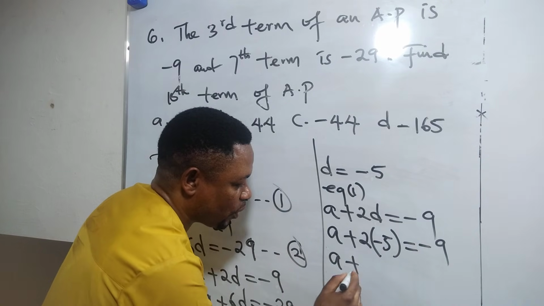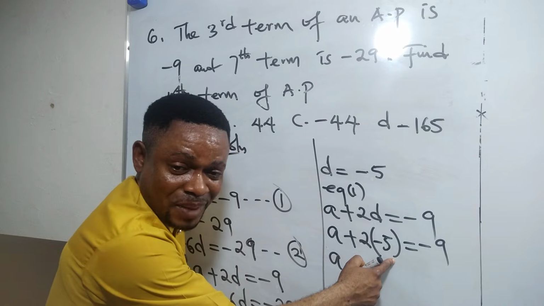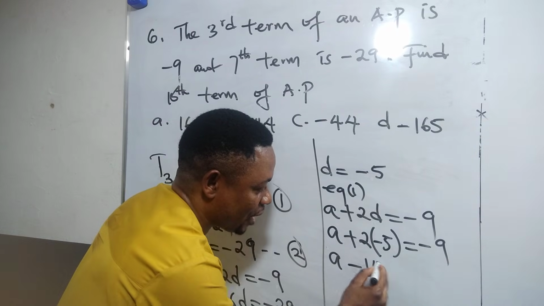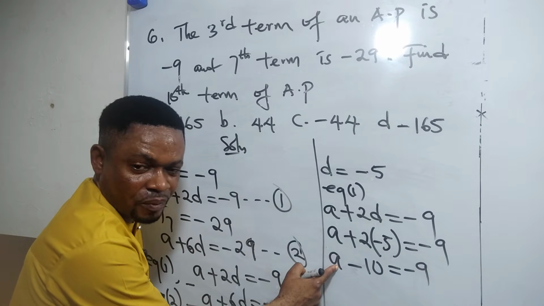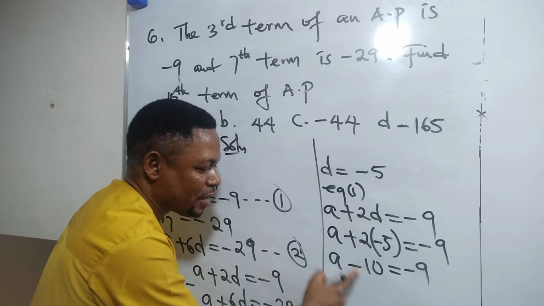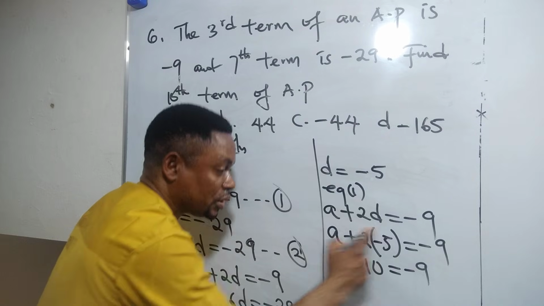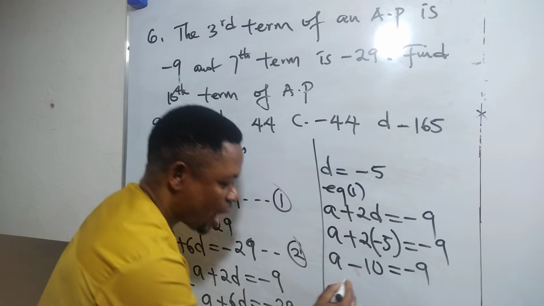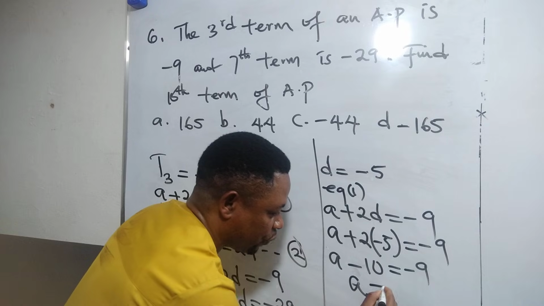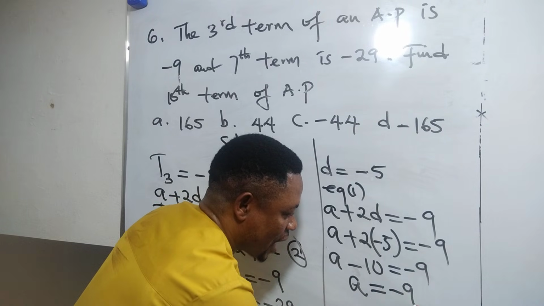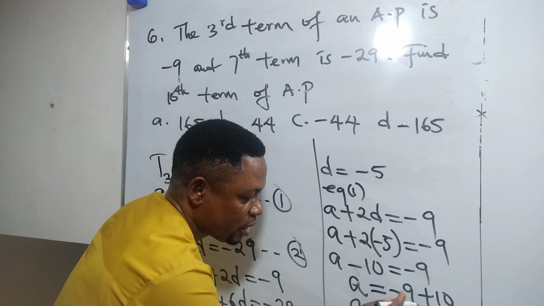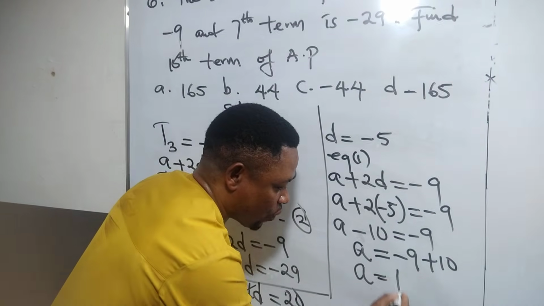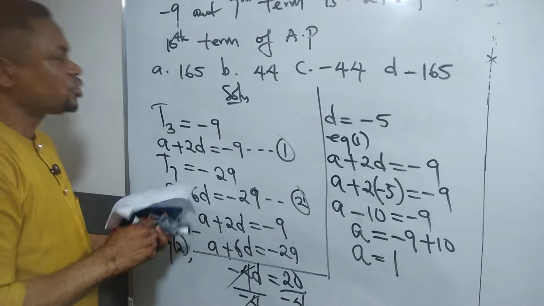Then can I say A? Oh my goodness. 2 times minus 5 will give you minus 10. Then equal to minus 9. Make A subject of the formula, which means I will remove this minus 10 and from the left to the right, it will change to plus. I will now have A as the subject of the formula equal to minus 9 plus 10. Can you now observe that the value of A, minus 9 plus 10, will give you 1? Am I communicating? Don't conclude and say